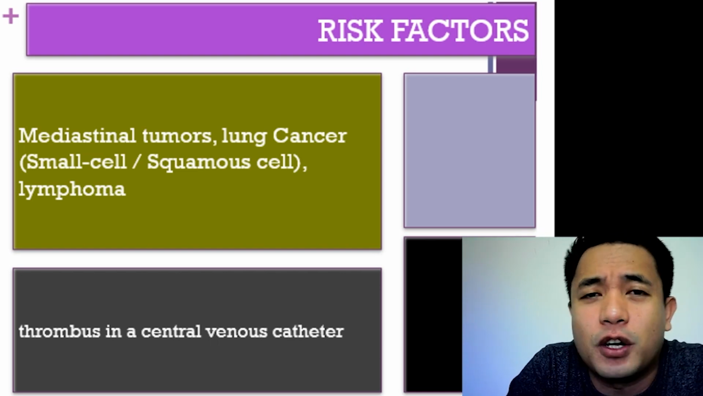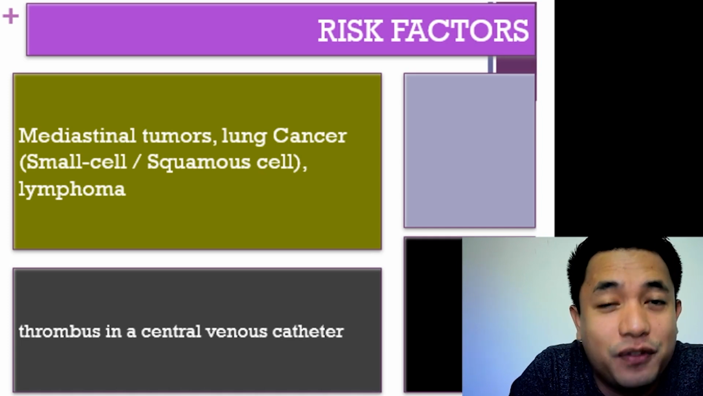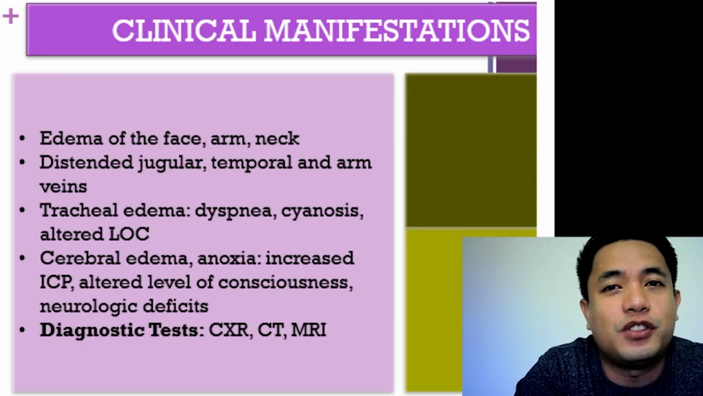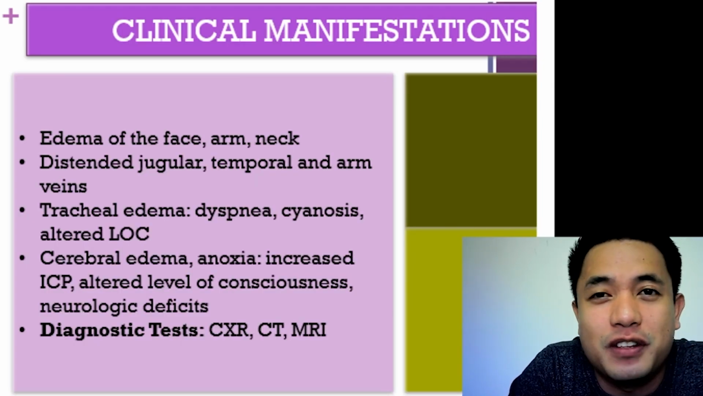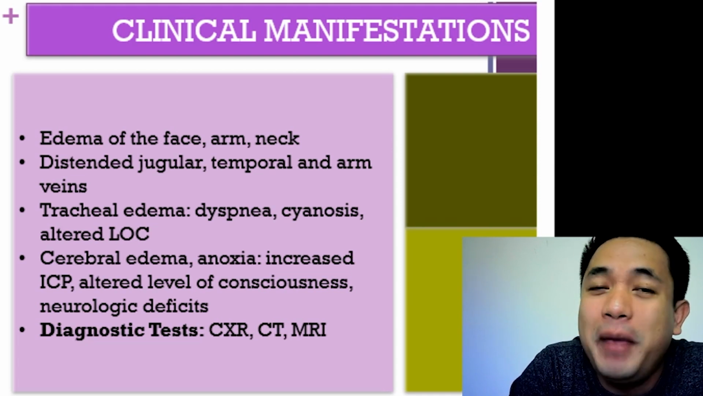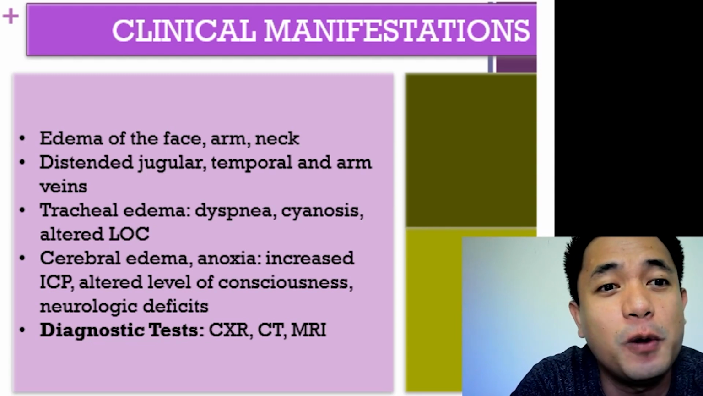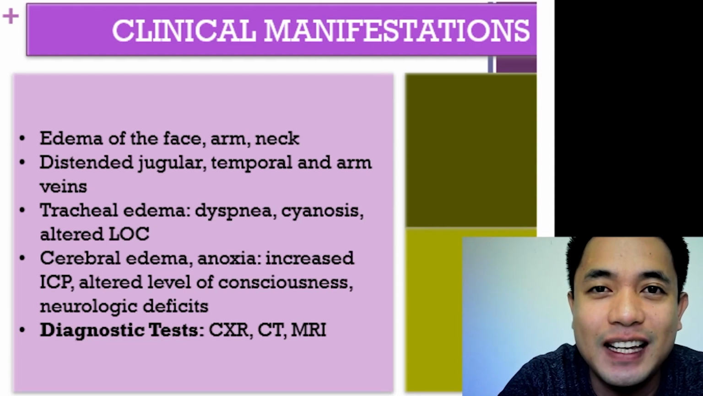So regardless of the cause, you just have to understand that there is a significant reduction of blood flow or allowance of blood flow to that area, causing superior vena cava syndrome. Manifestations: based on your observation, you will appreciate the manifestations, because as you can see, there will be edema of the face, arm, and that of the neck,